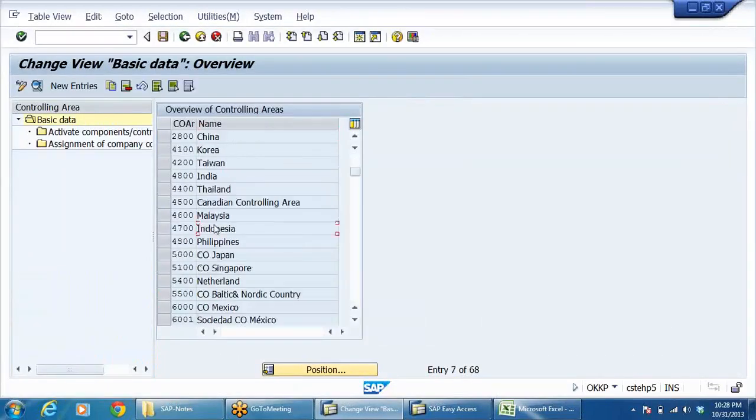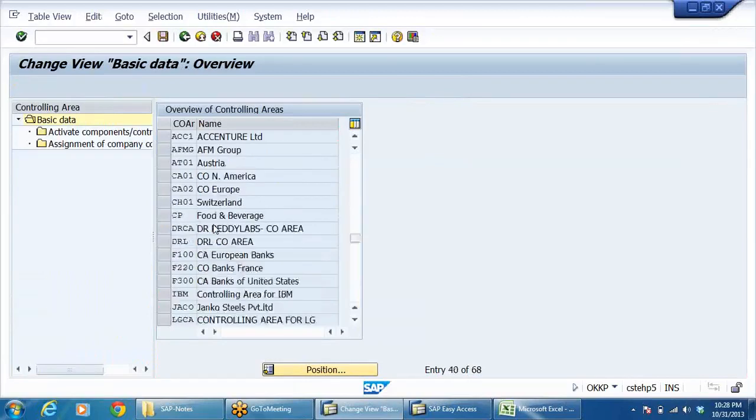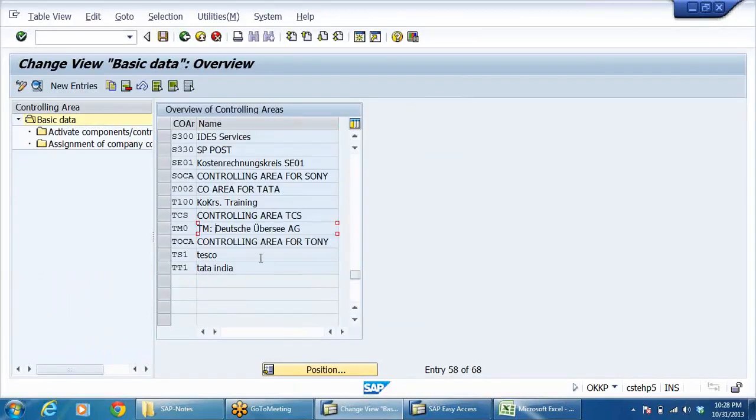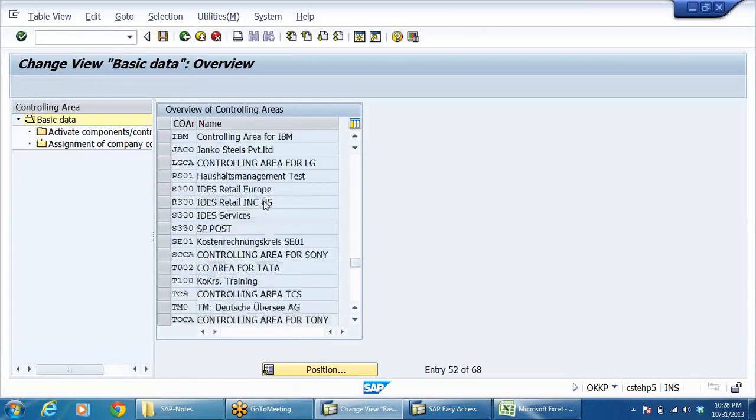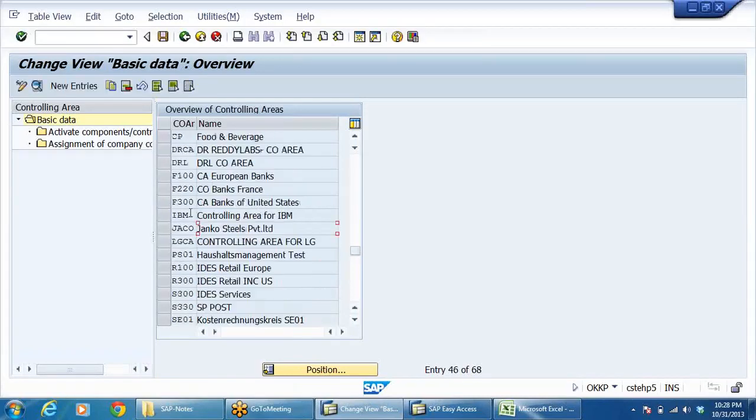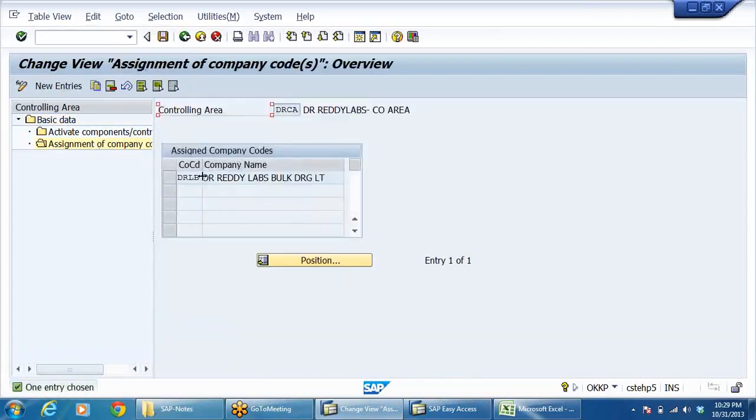Our controlling area is DRCO. Dr. Reddy Labs controlling area, DRCA. Select this. Assignment of company codes. So simply now DRLB is there.